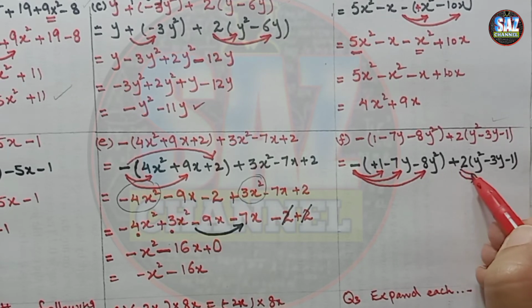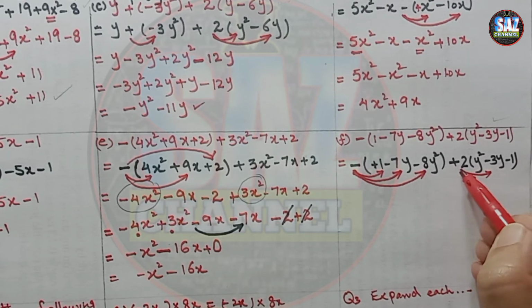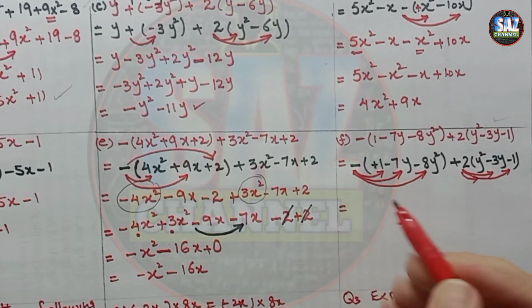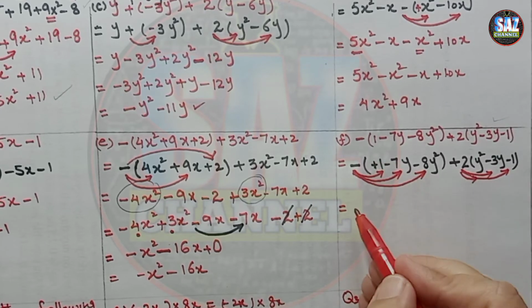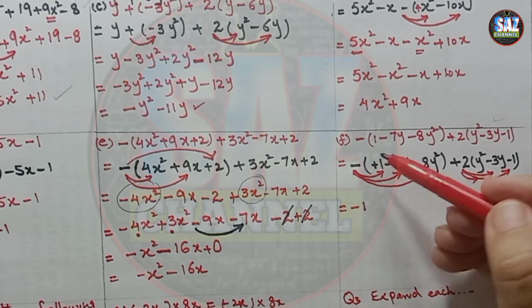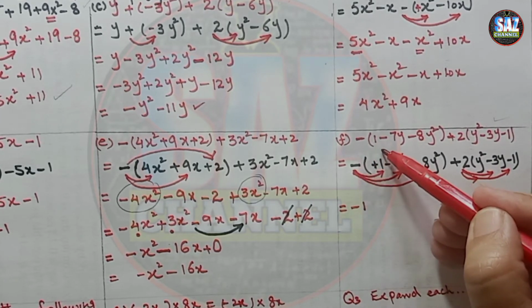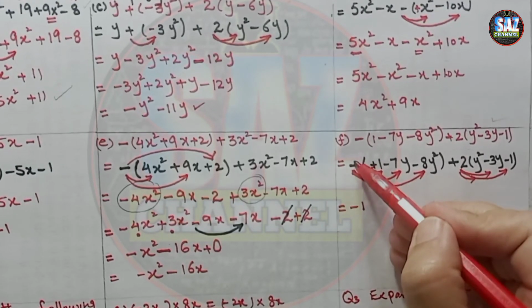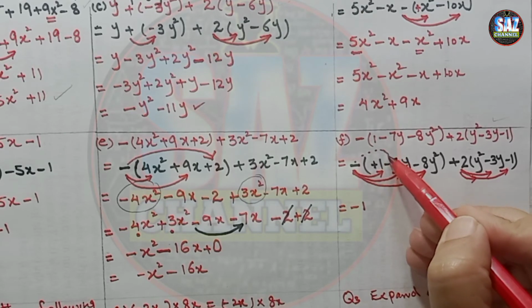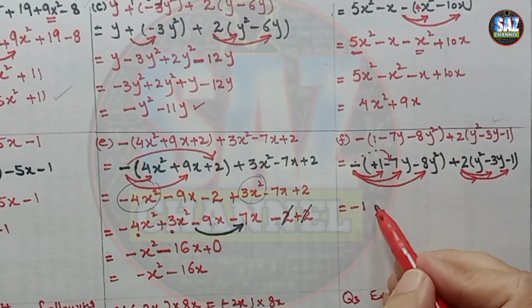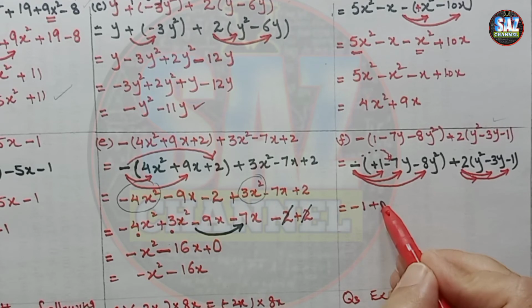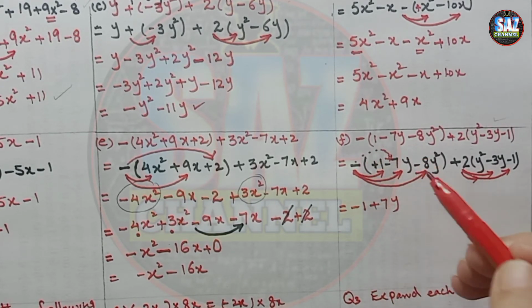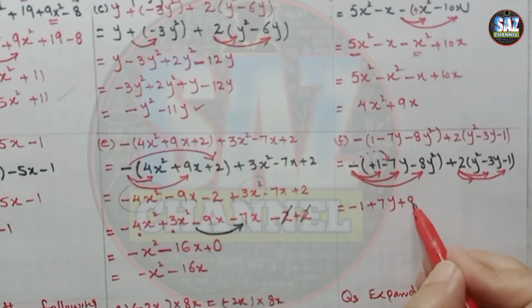The 2 will be multiplied with every term inside the bracket carefully, and it will take the form: plus multiplied by minus is minus 1, then minus multiplied by minus. Okay, minus multiplied by minus. If the rules of integers are clear, then the questions will be easy for you. Plus 7y, and again this minus multiplied by minus will give me 8y square.